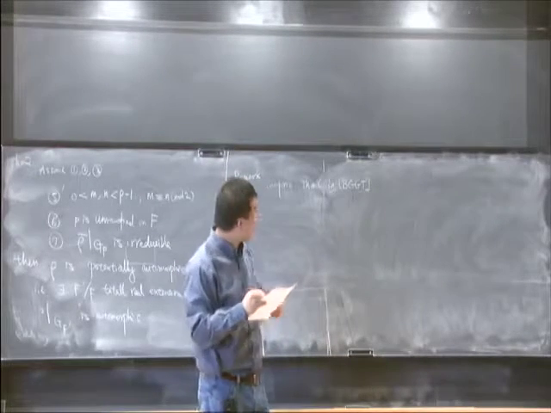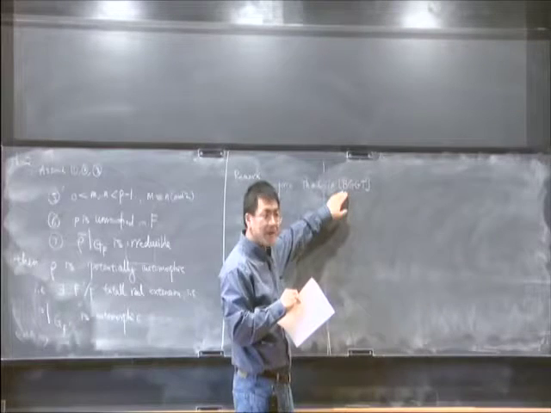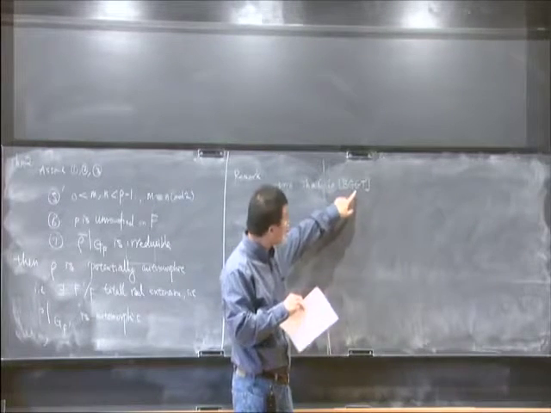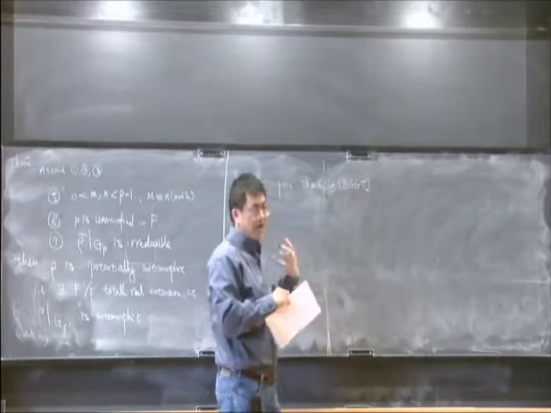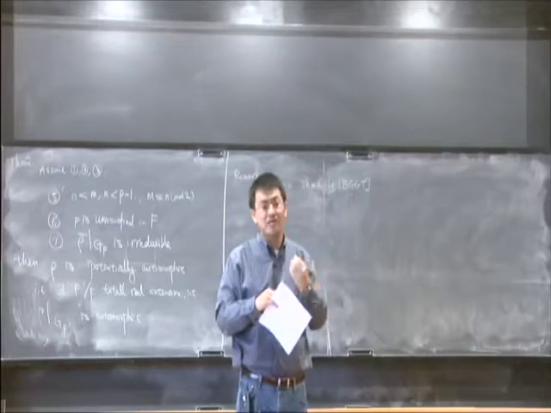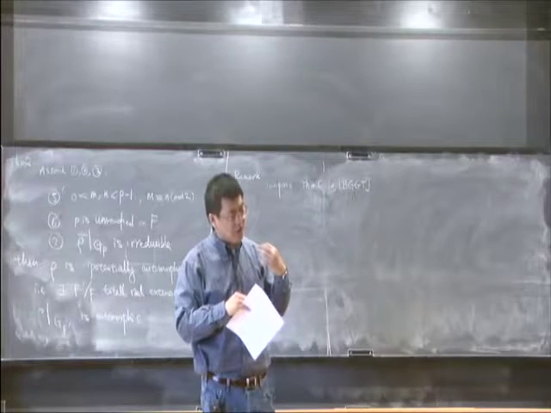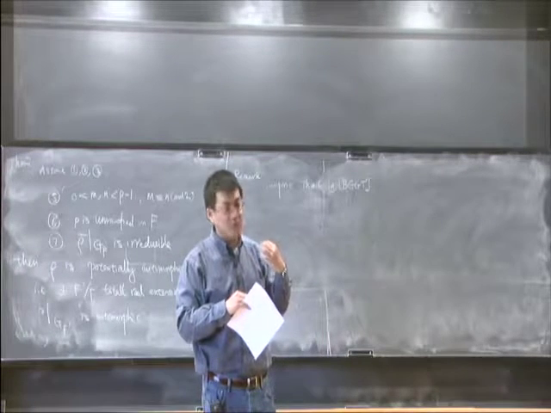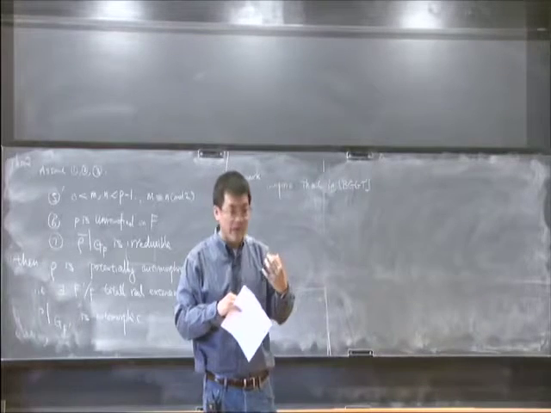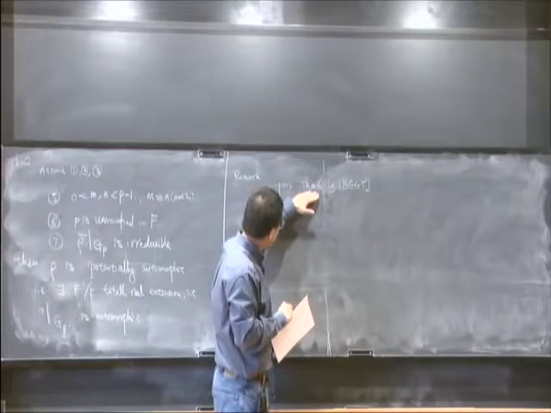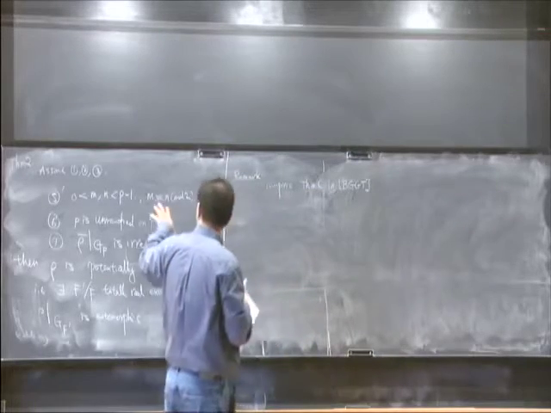I think the first author is Barnet-Lamb, the second is Gee, and this is Geraghty and Taylor. So they have a very general result about potential automorphy of a certain Galois representation of GLN. And of course, if you specialize that theorem to this GO4,